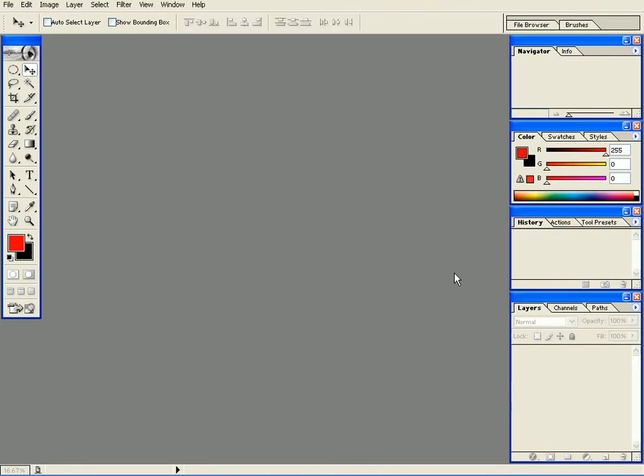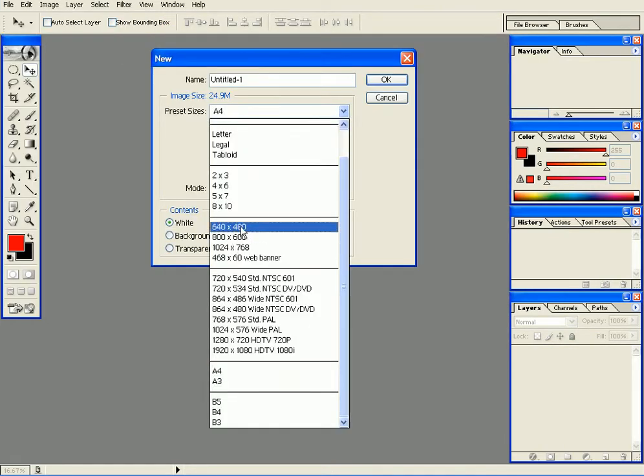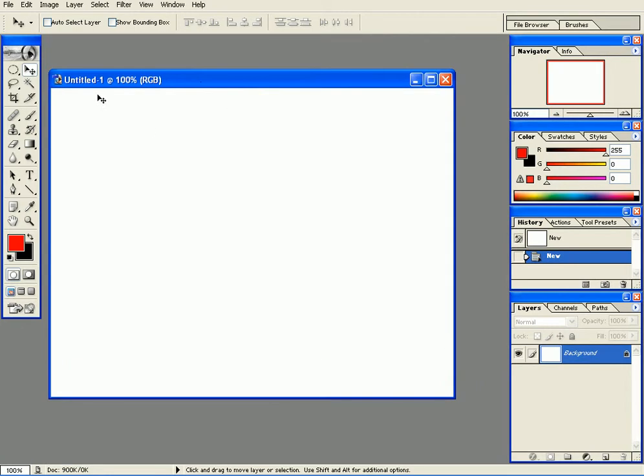So when we're practicing in Photoshop, we're not going to choose A4. We're going to choose something like 640 times 480 or 800 by 600. Why? Because we want to see the whole 100% of the image. But when I ask you to work on a project, or in the future when a client asks you to work on a project, he's going to give you the size of the document, and then you have to actually